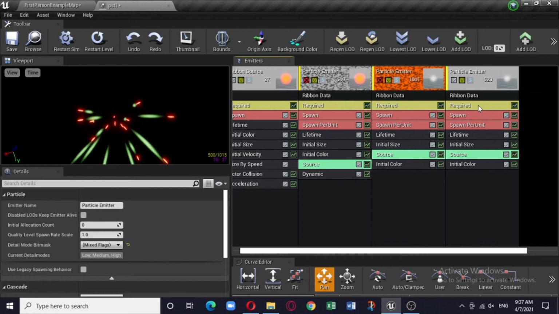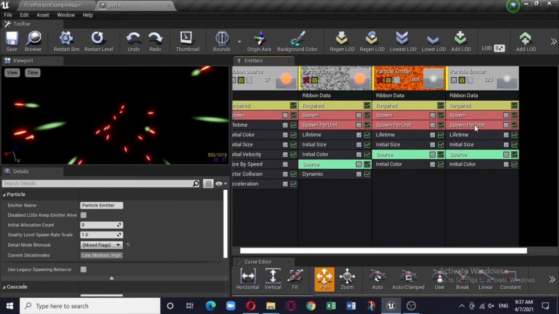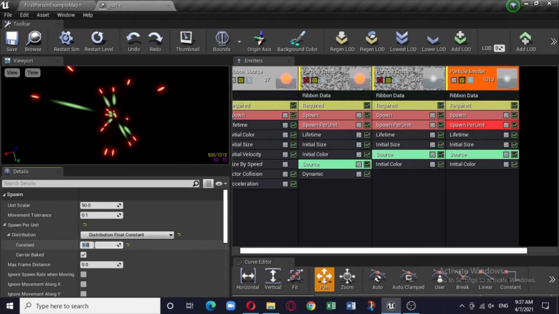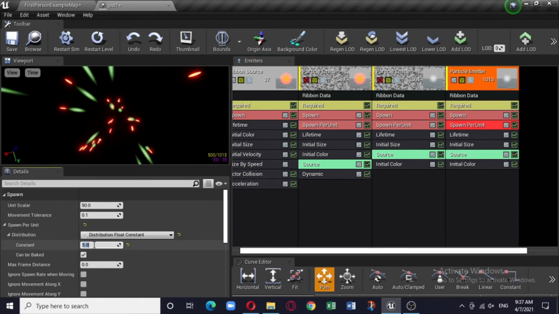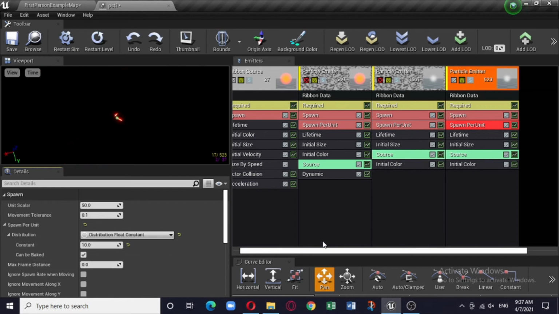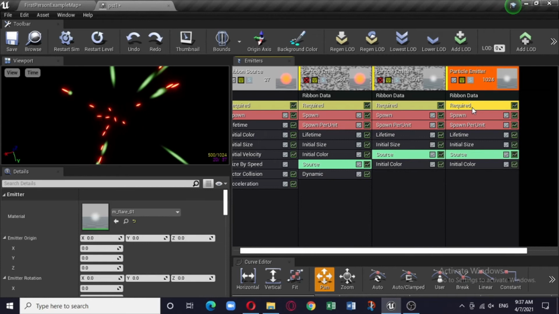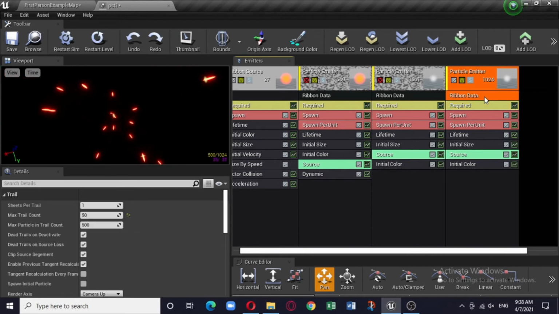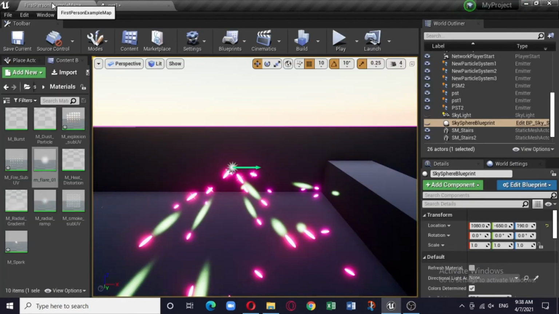Spawn unit is fine, required is fine. You can increase the spawn unit, possibly constant 5. You can make it 10. And initial color required is fine. Emitting origin is not required. Fine, that's it.